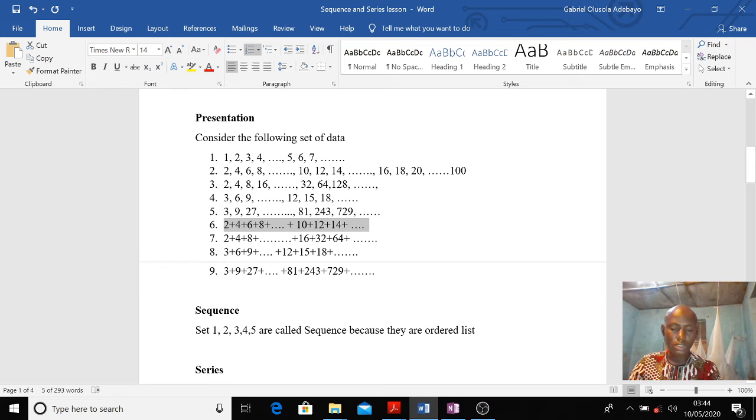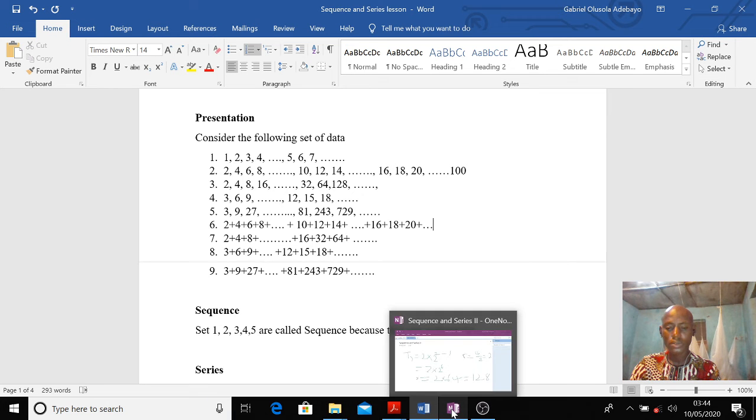Let's see, n is equal to 10. 2 plus 4 plus 6 plus 8 plus 10 plus 12 plus 14 plus 16 plus 18 plus 20 plus dot dot dot. So we have